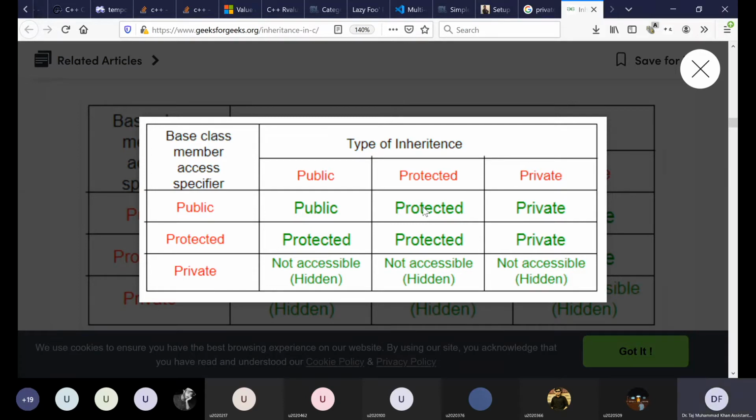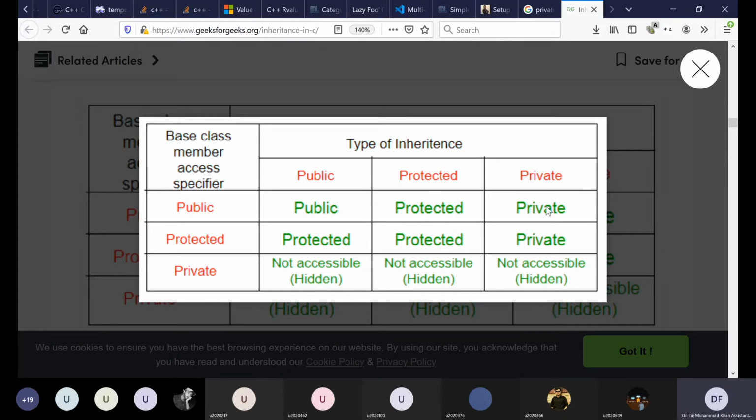However, if you had inherited using this keyword private, if you had used private inheritance, then these public member variables of the base class will become private member variables of the derived class, which means for this derived class, these members will not be accessible from outside the class using this class object, which was also the case for protected.